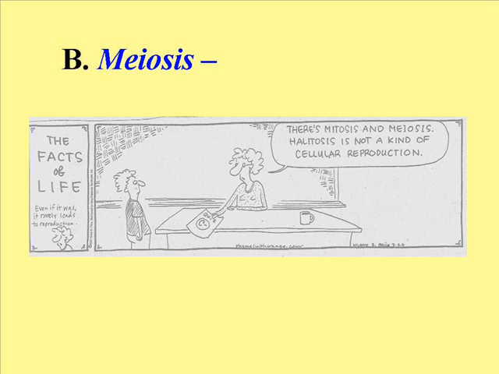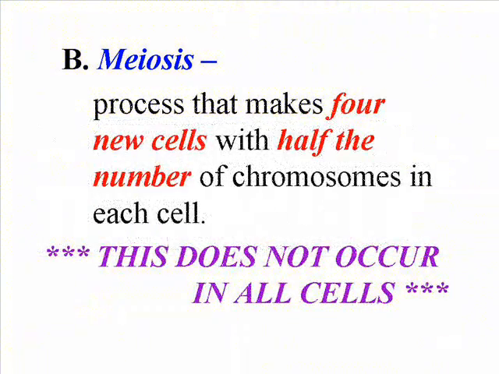Meiosis is, again, a form of cell division, and meiosis is an important type of cell division because it's through the process of meiosis that cells are able to produce offspring with the diversity needed for them to be successful in their environment. And so we'll start here